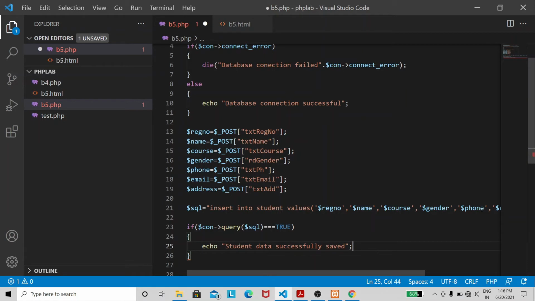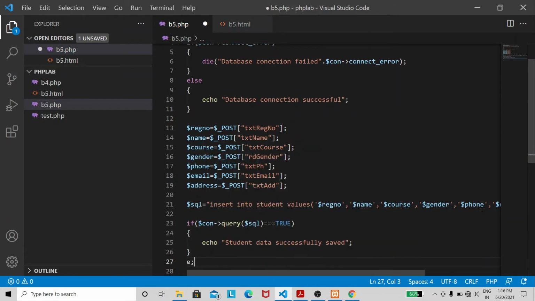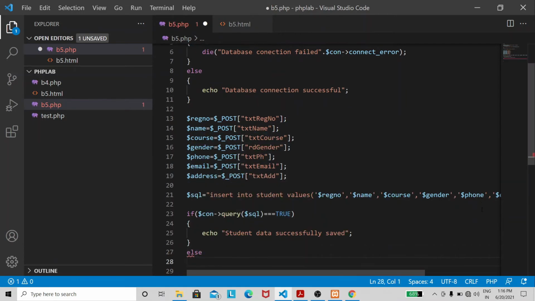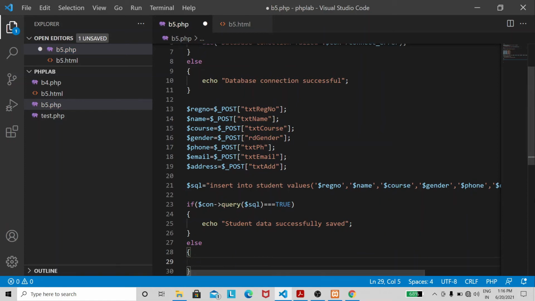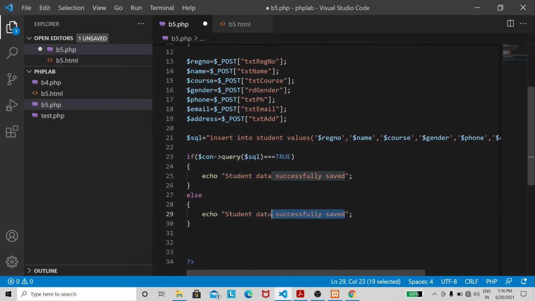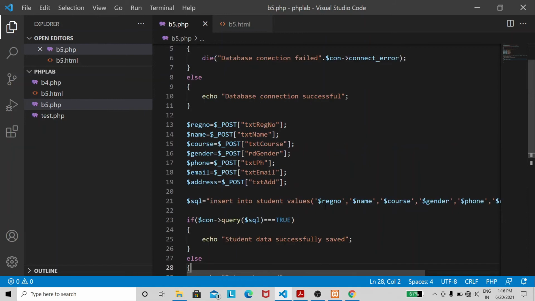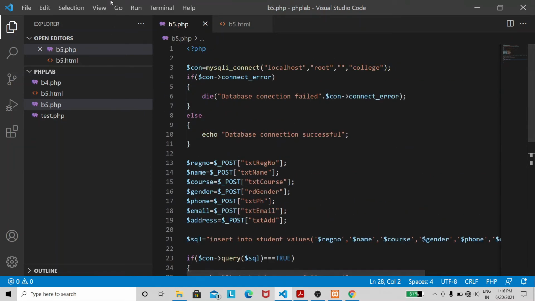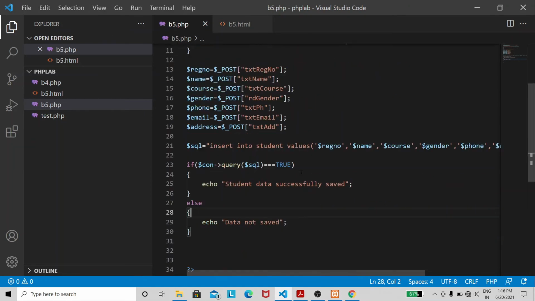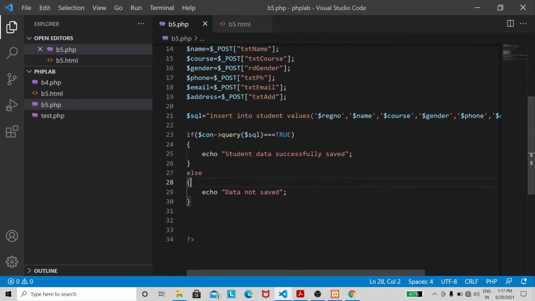Otherwise, data not saved. So half of our program is ready, that is nothing but inserting the data into the database table.